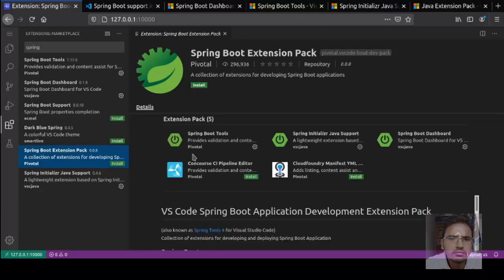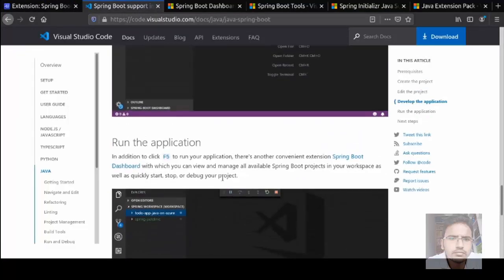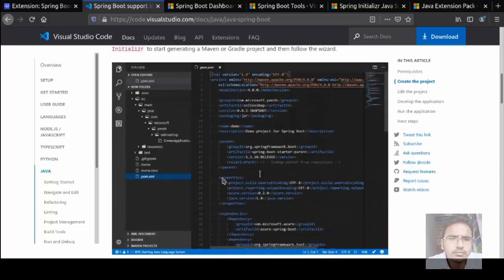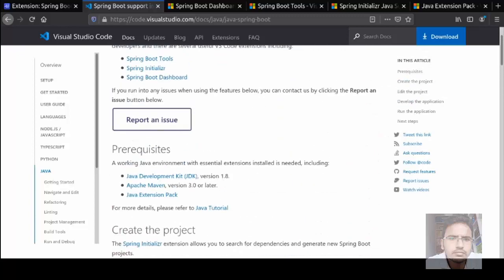It also contains two other extensions, but I have installed the extensions manually without using the Spring Boot extension pack. You can use the Spring Boot extension pack directly to install the Spring Boot Tools, Initializr and Spring Boot Dashboard.